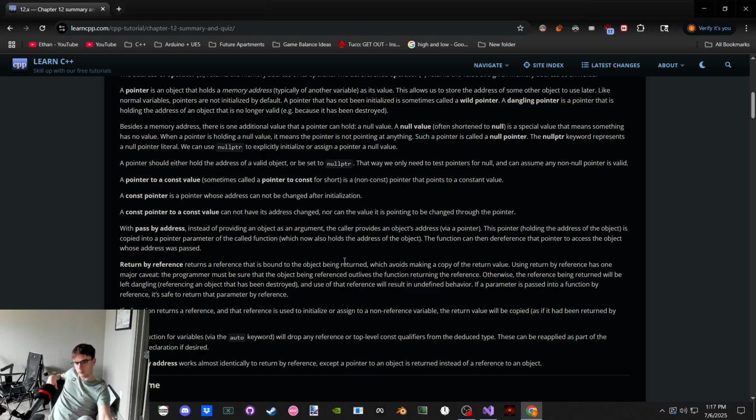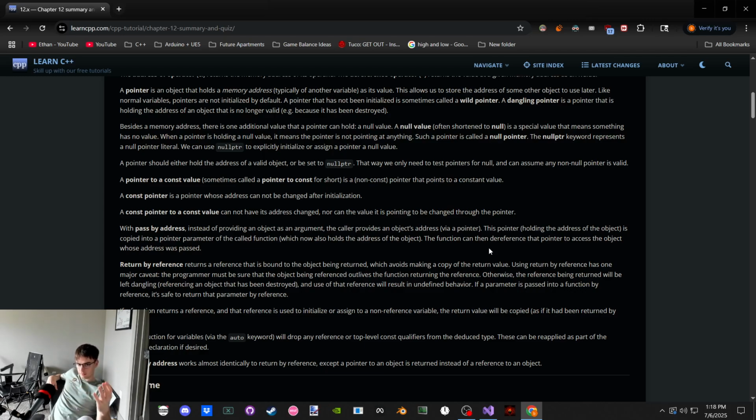Reference to the object being returned, sure. Yep. There's the cost of bringing it, or of initializing something with it, or assigning something to it, but there's no extra cost of the copy. Because we copy it into a temporary, and then this variable doesn't exist anymore, and we copy the value from the temporary.